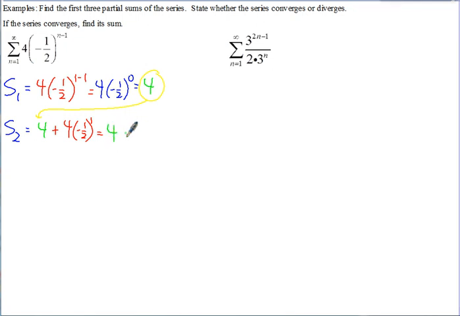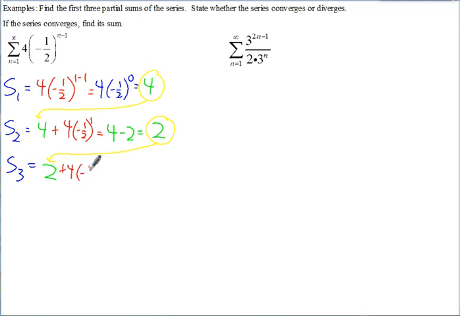So we have 4 minus 2. It's 2. So our second partial sum is 2. So that's the sum of the first 2 terms. And then the third one